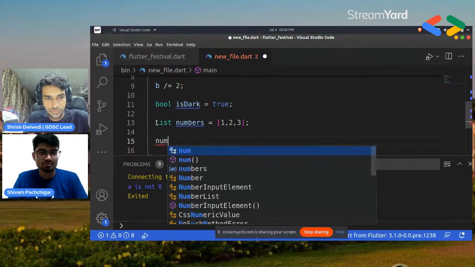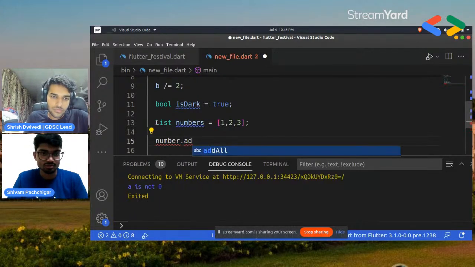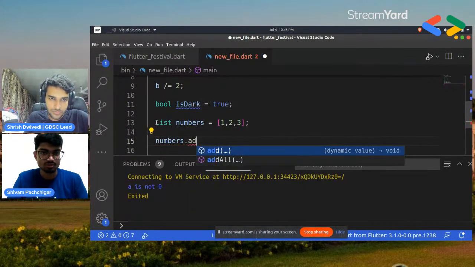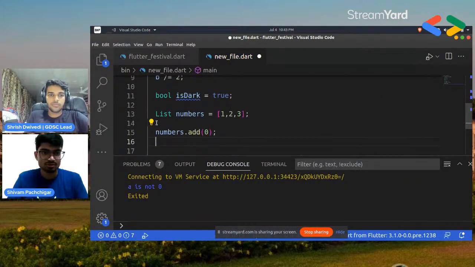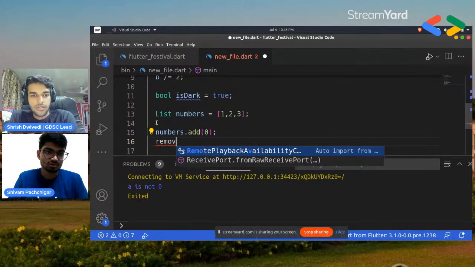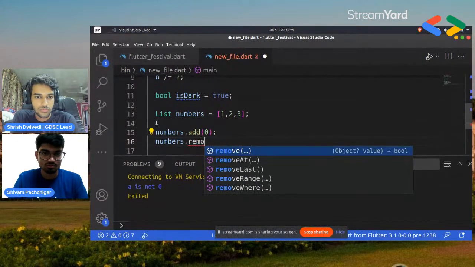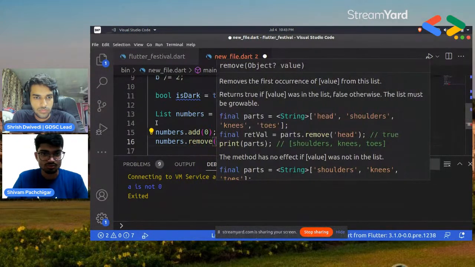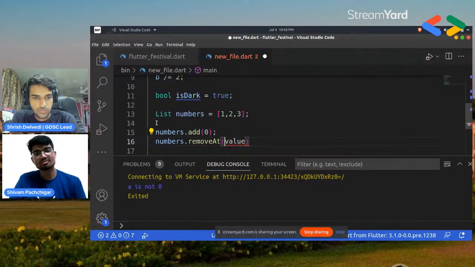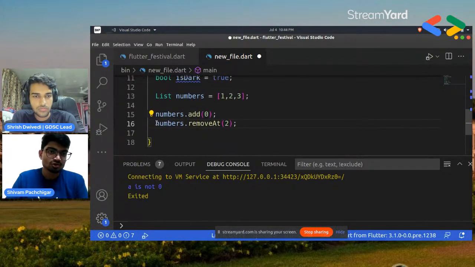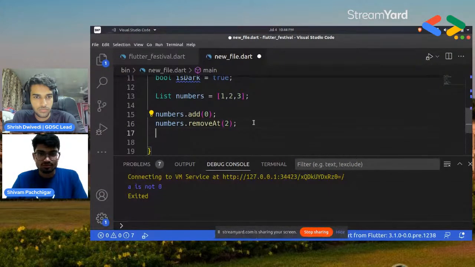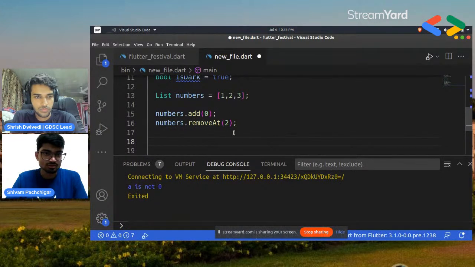So normally what I will do is just numbers dot add 0, and then numbers dot remove. What I wanted to do is remove the element at second position, right? At second index. So normally I will just write it like this, but Dart provides you with cascade expression with which you can just